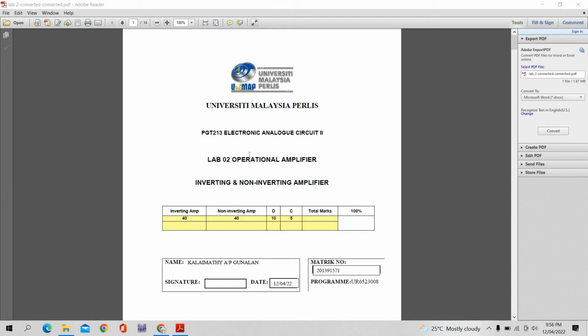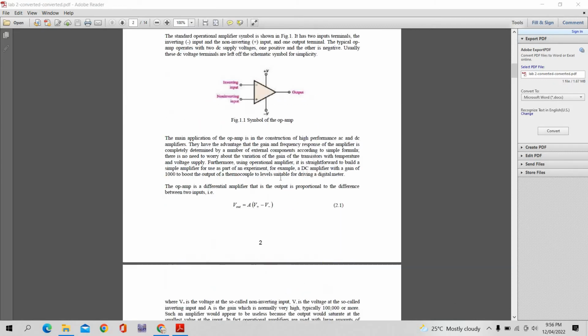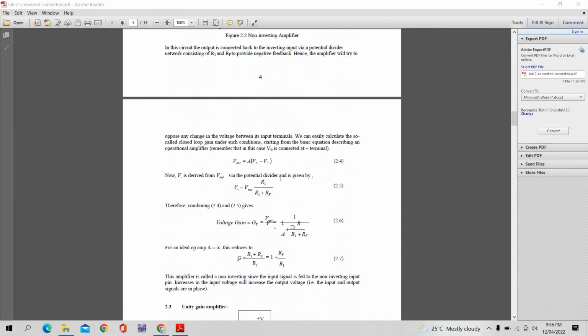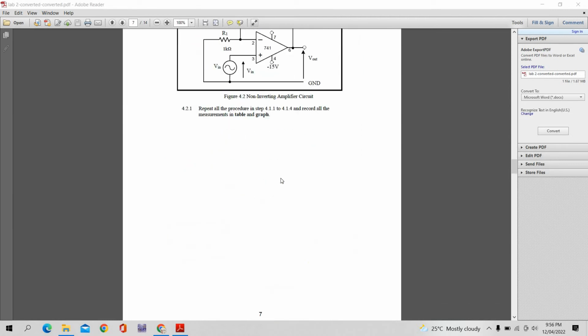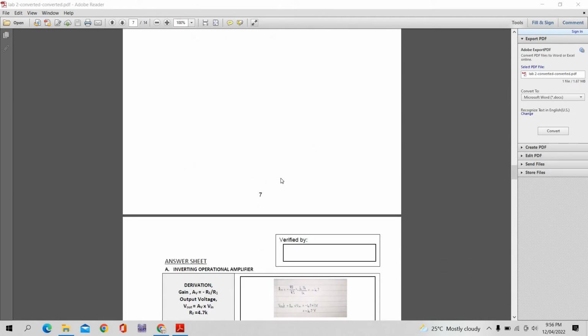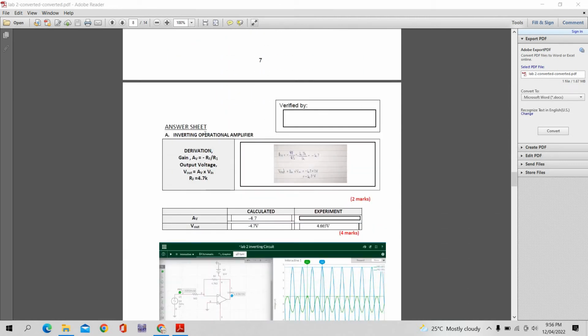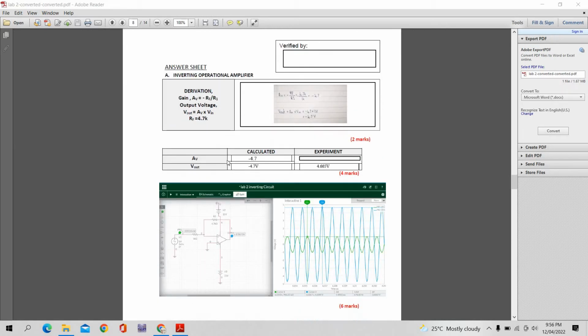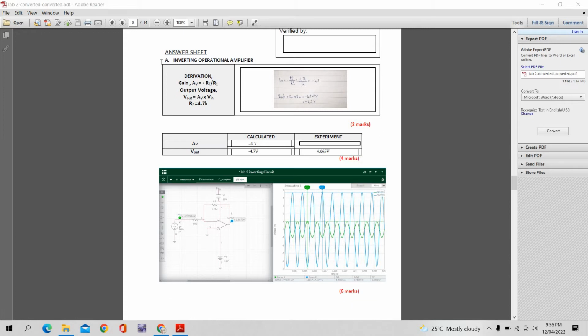20139151. Now I'm going to present the answers I got from the Lab 2 operational amplifier. For this lab, we have built two different circuits. One is an inverting operational amplifier circuit, and the other one is a non-inverting operational amplifier circuit. For the first circuit, we have used RF as